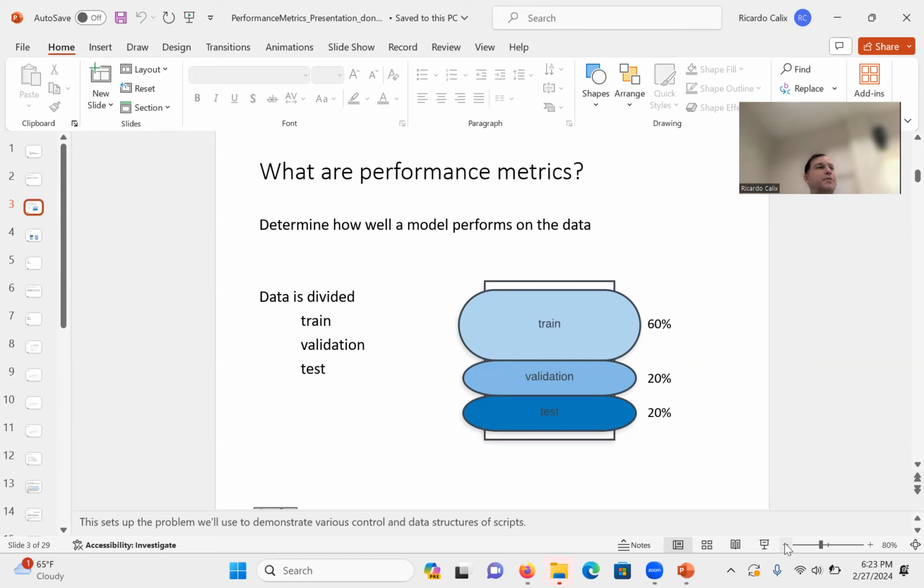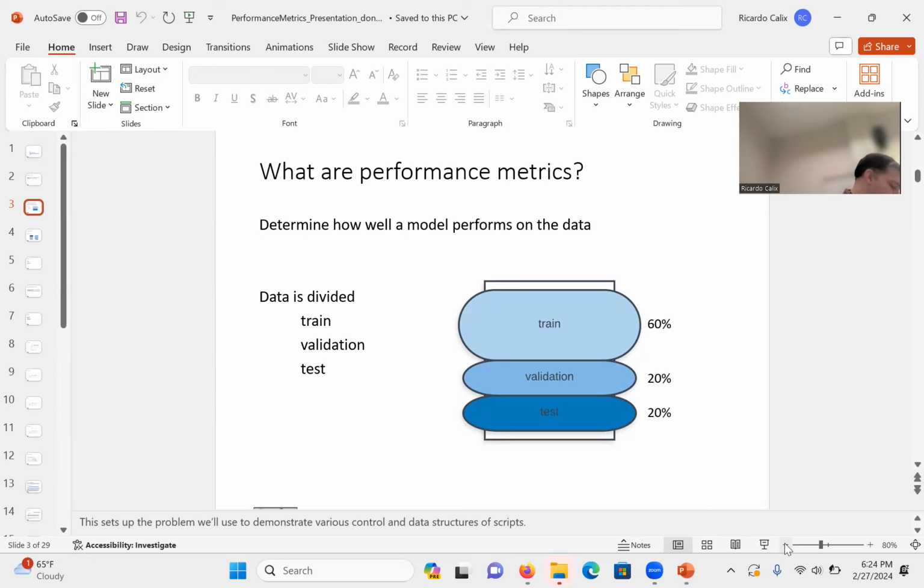All right, so the first thing that we do when we measure performance metrics to determine how well our model performs is divide our data set into a train and test set. You can usually do train, validation, and test sets, although for the most part, I only do train and test divisions, right? So what's important here is that you train only on the train set, and then once the model's trained, you apply it to the test set, right? And the reason why we have validation sets is so we don't overfit the